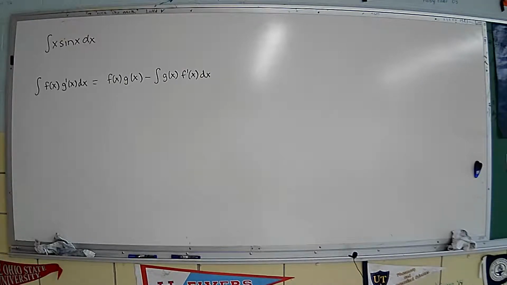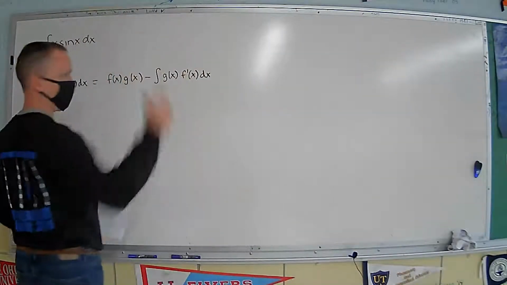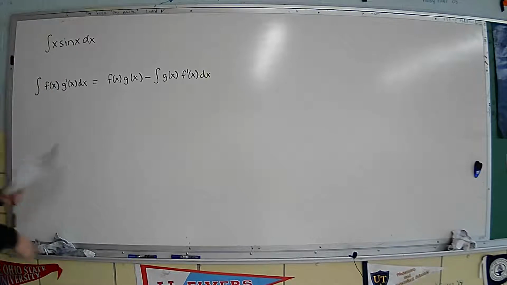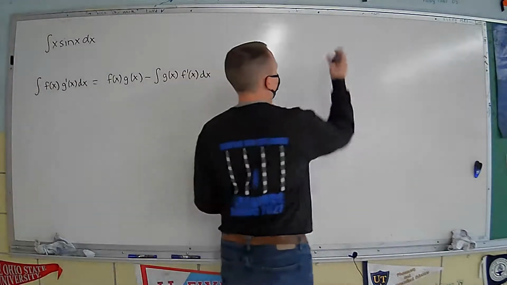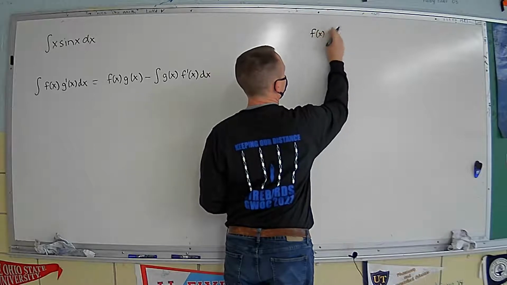We're going to show you where that formula comes from, and then show you how to use it. Using it is probably more important to you than knowing where it comes from, but I do want you to at least see how it came out of the product rule. I'm not going to make you ever do this. I have to write it out. So if I start back a long time ago and say, if we have a product of two functions, like this,